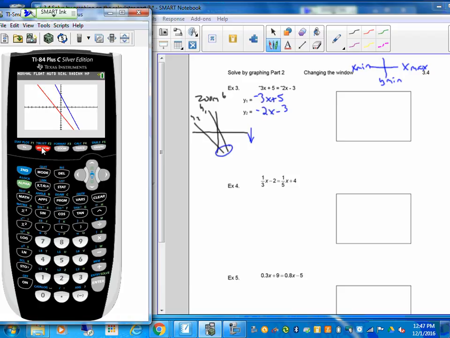I'm going to press the window button. I do not want you to change anything but Y min. Leave the X min, leave the X max. We're not going to fool with this SCL, which stands for scale, not right now. Y min, we're going to change that. And I just think trying -20 works a lot, so we're going to try that. After you change the Y min,